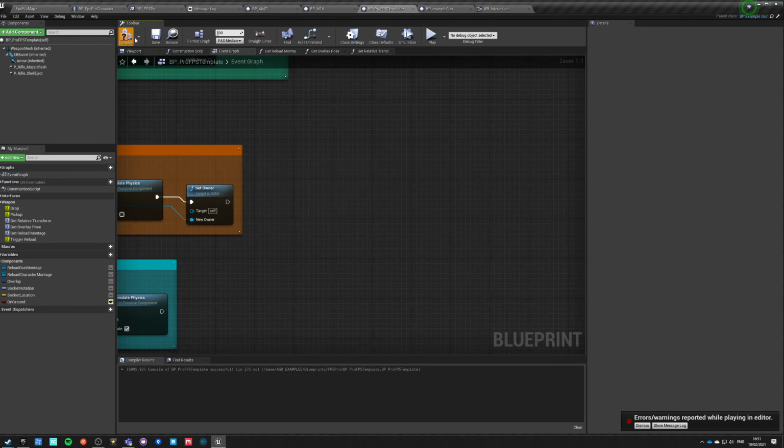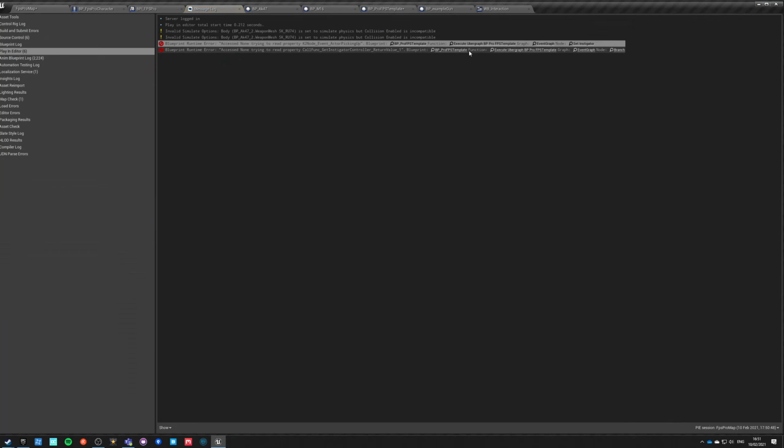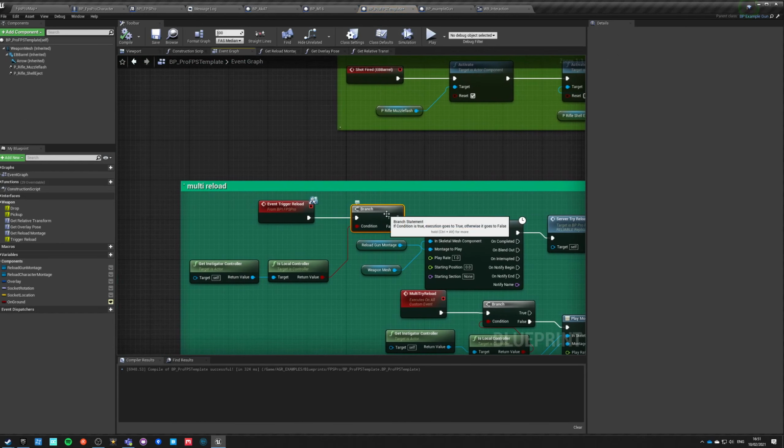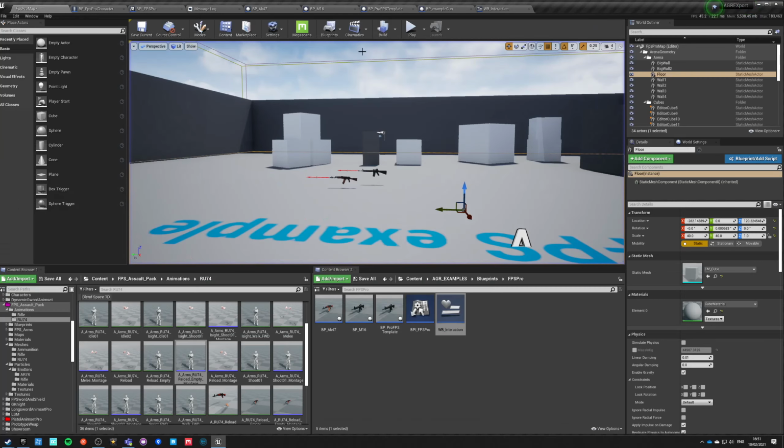Okay, owner is more important than instigator, so screw it. Go function value. Where? Here? Instigator control. Okay.